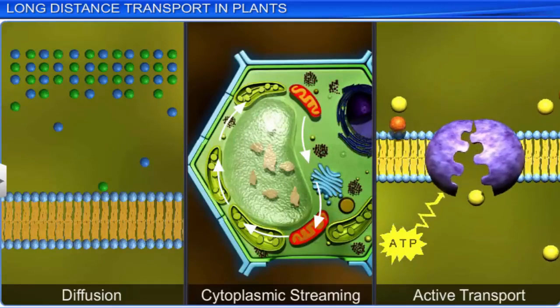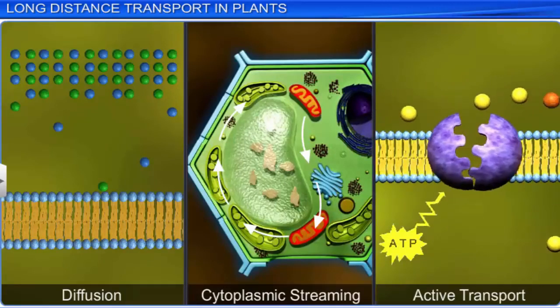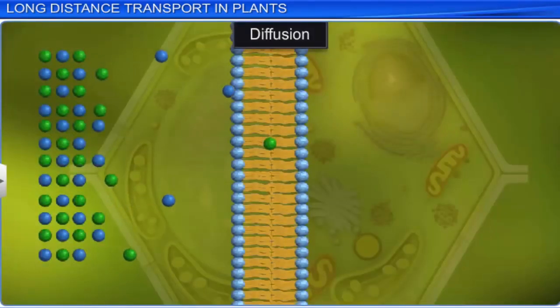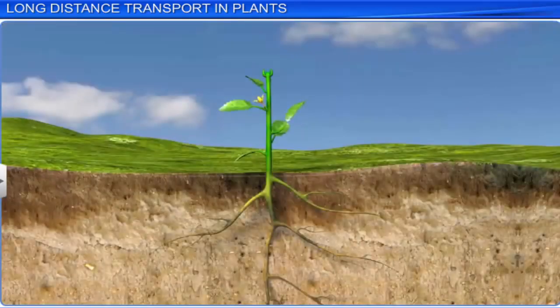They can only account for short-distance movements in plants. Moreover, diffusion is a painfully slow process which might take years to transport substances over a distance of 1 meter in plant. Therefore, a special long-distance transport system called a mass or bulk flow system exists in plants to transport